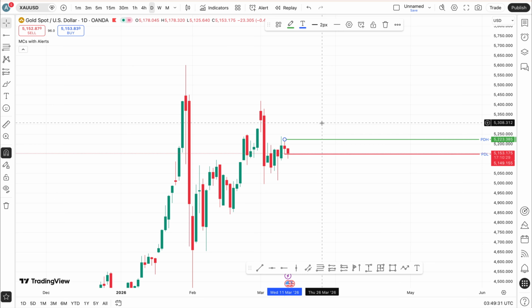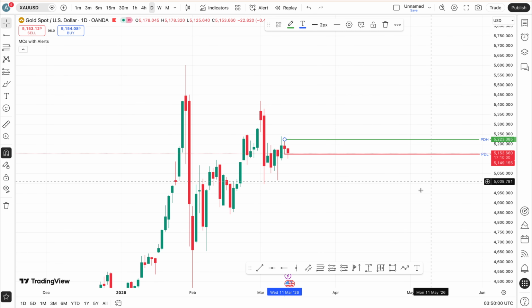Since yesterday printed an inside day, these levels become even more important. Markets that form inside days often target one side of the range before expanding in the opposite direction, because liquidity accumulates above the highs and below the lows. So today, both the buy side liquidity above the PDH and the sell side liquidity below the PDL are important targets. Whichever side breaks first could set the tone for the next move. And as you can see, the market has already taken the PDL, we will now have to observe what